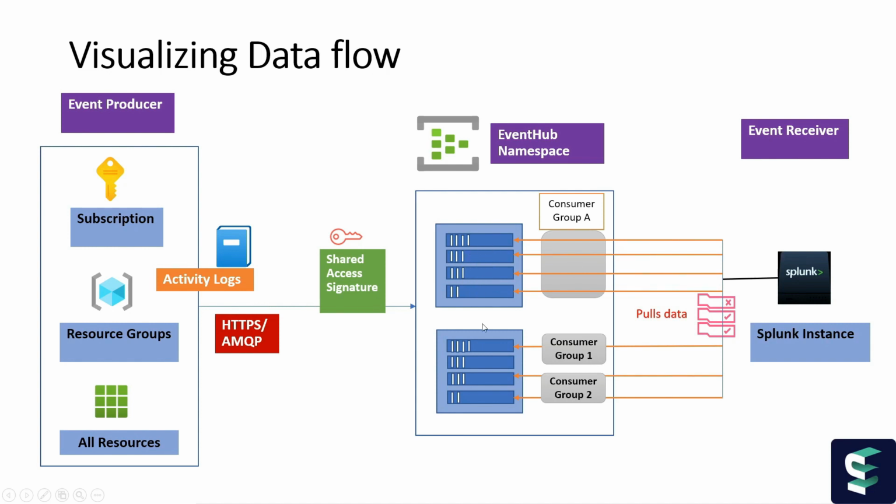As you see, I have created two Azure Event Hubs under a single event namespace just for the data flow, just for better understanding. So let's say that I have two environments, one is the dev environment and the other is my production environment. So I can create two event hubs. Let's assume this is my dev environment and this is my production, right? The data from the dev environment can go to the Azure Event Hub for the dev environment, and the production logs can go to the event hub called production event hub, right?